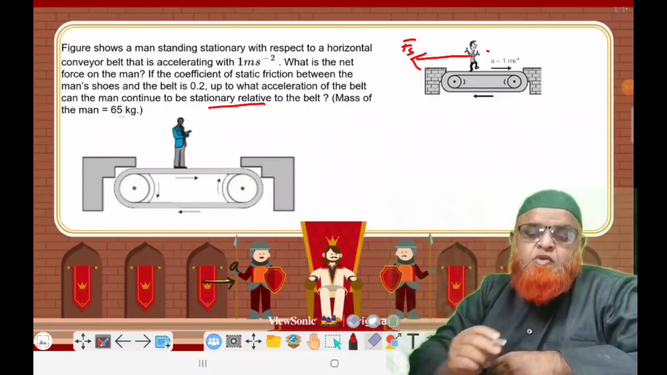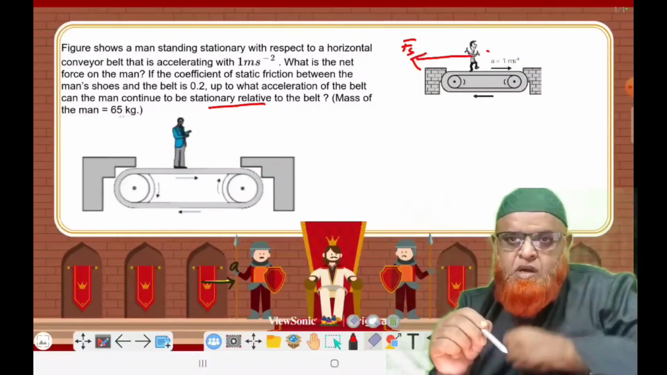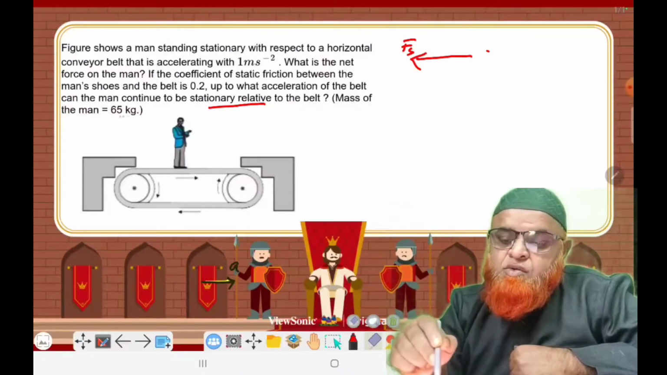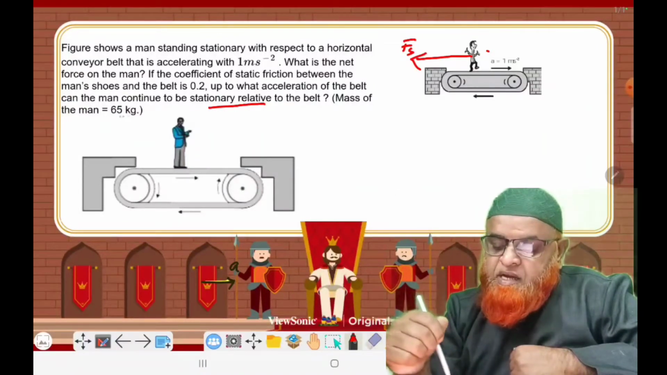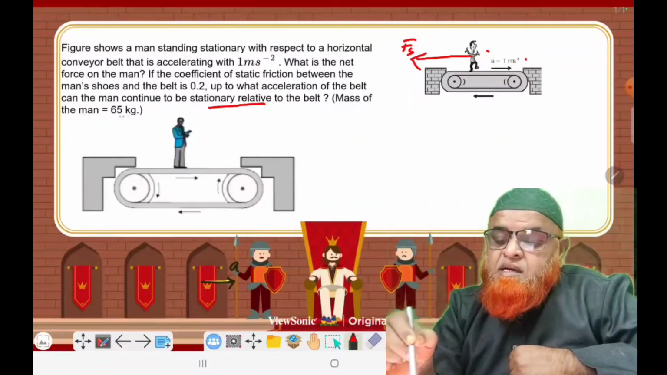Okay, my dear students, today I am going to discuss an NCERT exemplar problem which is given here. A man is moving along with a conveyor belt here. There is a pseudo force acting on the man in the opposite direction, as the conveyor belt is moving to the right with an acceleration of 1 meter per